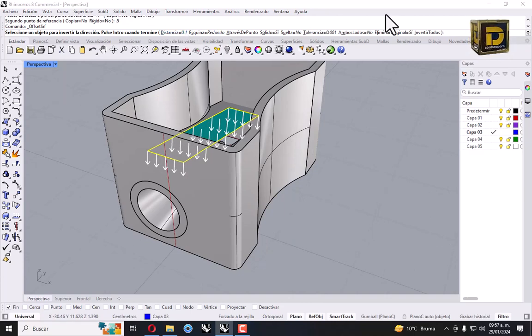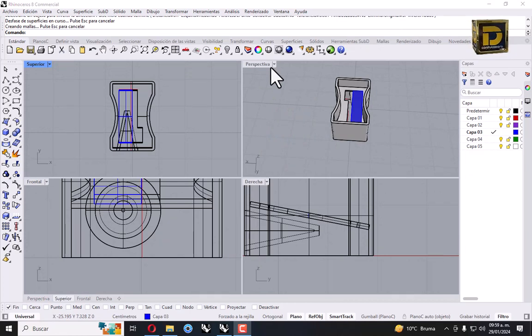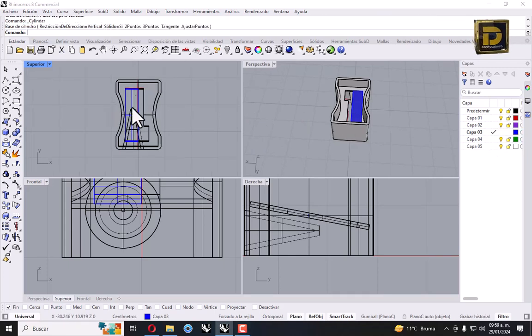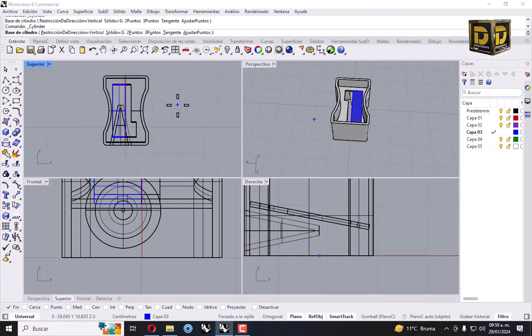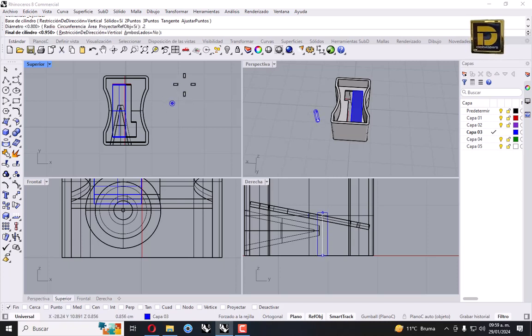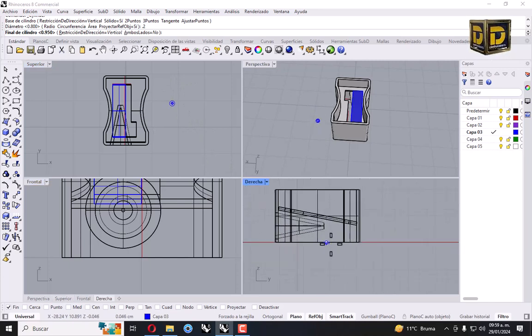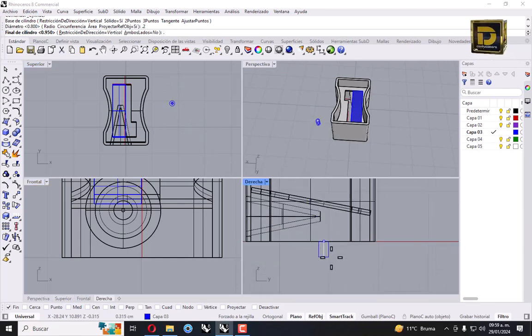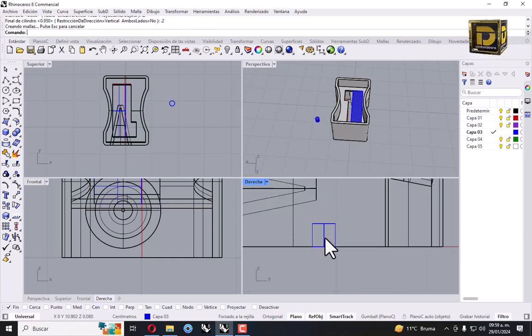Distance 0.1, delete yes, both sides no. Right. Now we're going to make a screw, but in this layer, let's make a cylinder. Click anywhere, 0.3 maybe, 0.2. Okay. Now 0.3, no, 0.2. Okay, this part